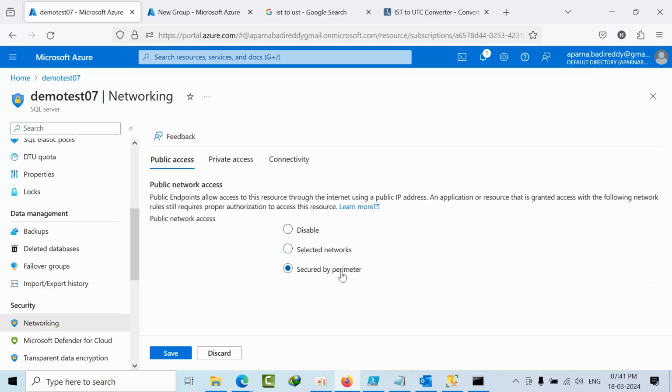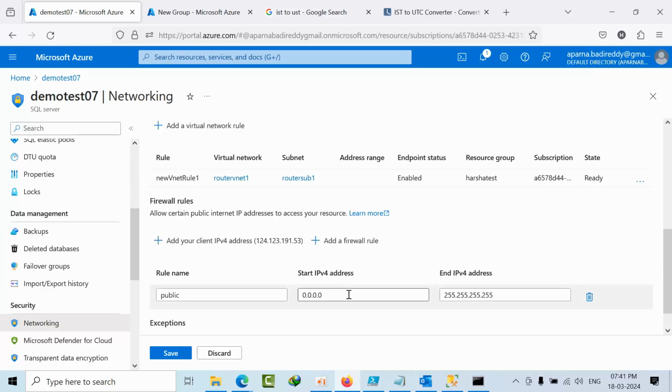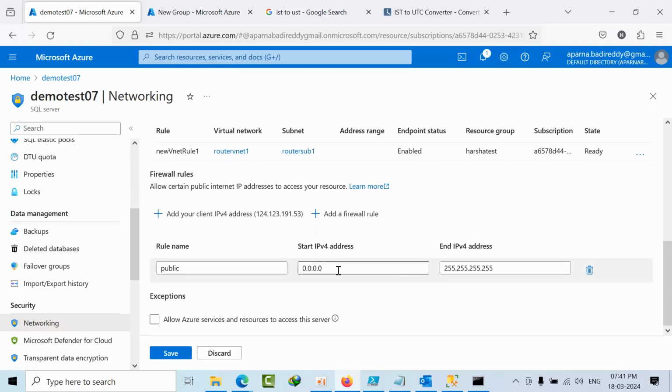Perimeter, this is the new option. I need to explore that, I didn't see previously. Okay, and you can add firewalls. As of now, for demo purposes, I have enabled the total IPv4 32-bit address range, which comes under